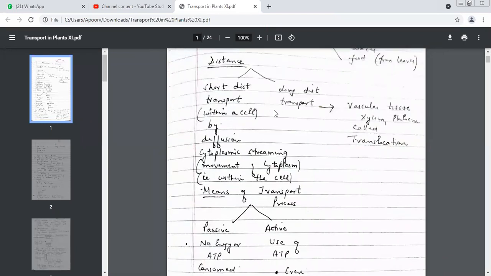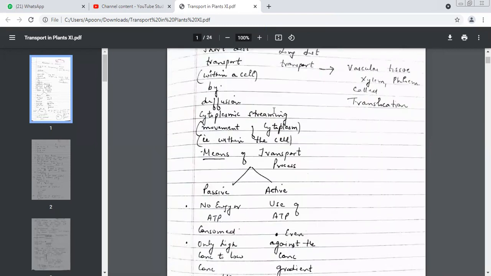There are two kinds of transport in plants when we talk about distance: short distance and long distance. Good. In short distance, we basically have two techniques. What are they? Diffusion and cytoplasmic streaming. Very good. And when we talk about the involvement of energy, whether energy is being used in transport or not,